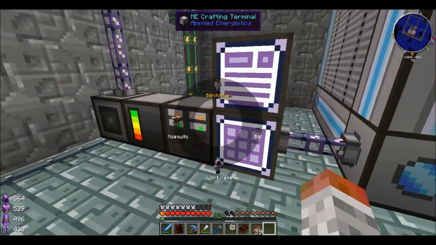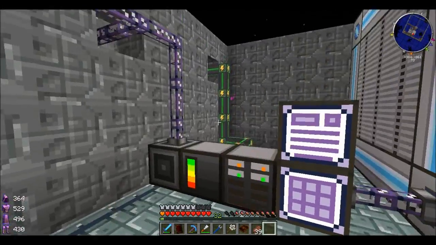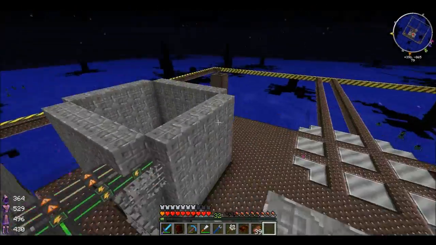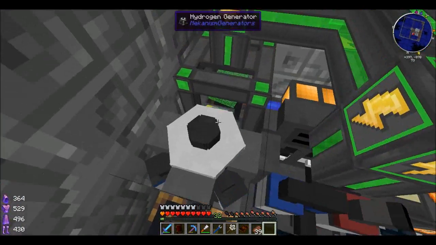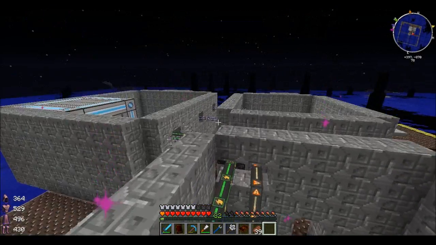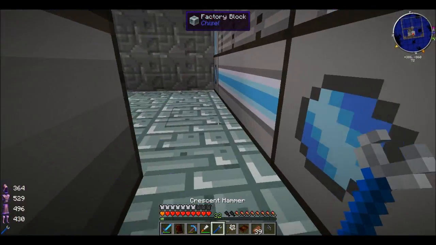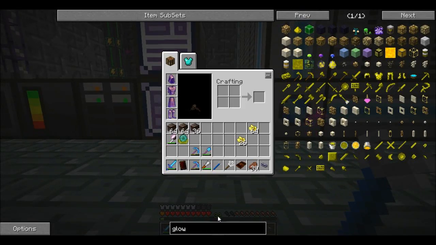So if we put it in here, quickly fly over, you'll see, come on, there we go, that now we are slowly losing power, or at least it should be. There you go. Very slowly, but it does go down. So that's why that's not connected at the moment. So that means we need to start working on the